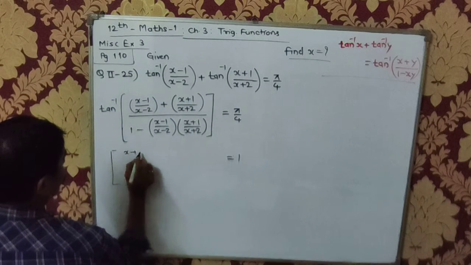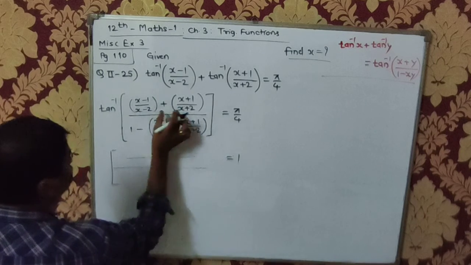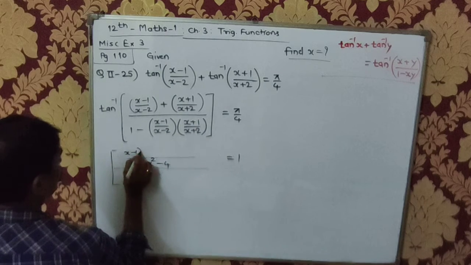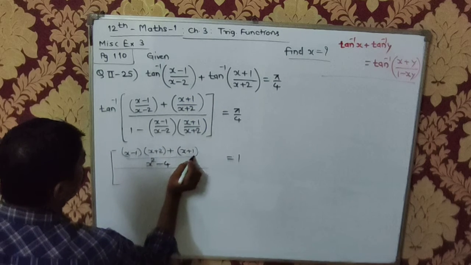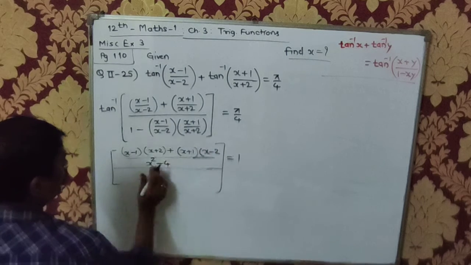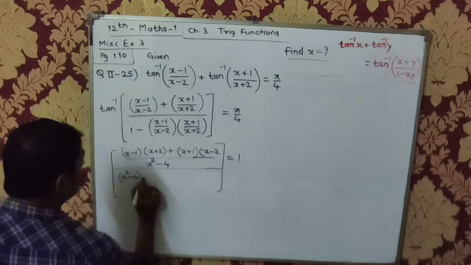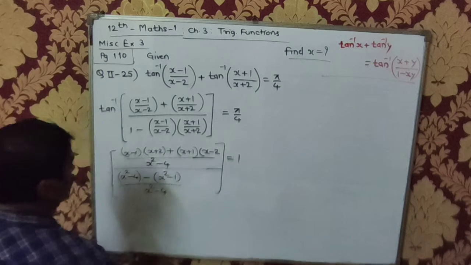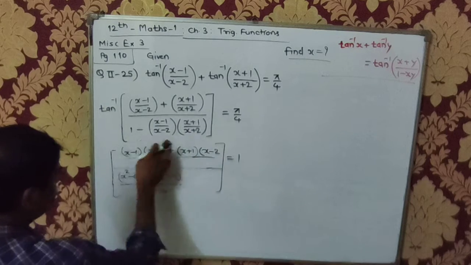This is x minus 1. आप न्यूमरेटर का एलसीएम ले सकते हो. This is x minus 2 x plus 2 that is x square minus 4. This product is x square x minus 1 into x plus 2 plus x plus 1 into x minus 2. ओके और ये बनेगा x square minus 4 minus x square minus 1 divided by x square minus 4. Please have a look at this. इसका प्रोडक्ट रहेगा x square minus 4 x square minus 1 और इसको 1 से मल्टीप्लाई करके LCM लेंगे.